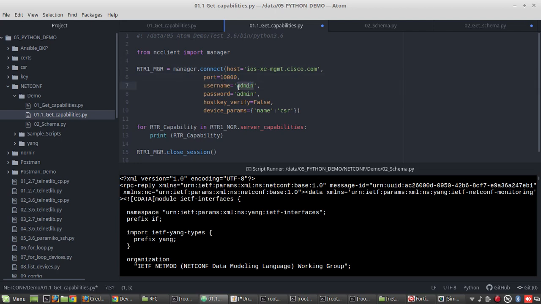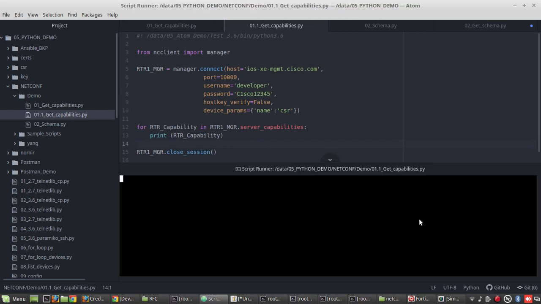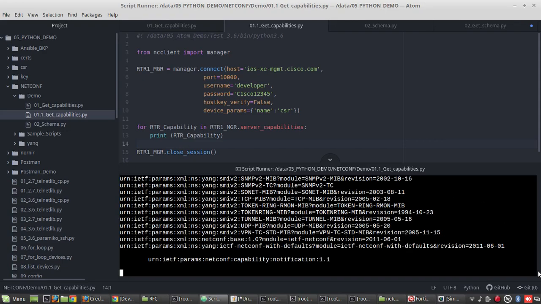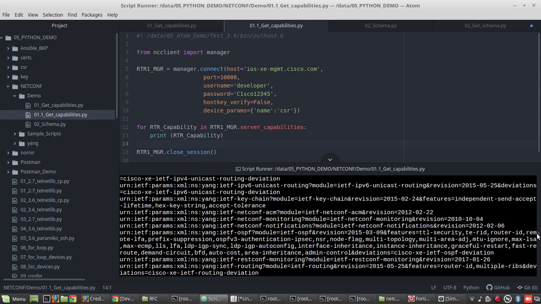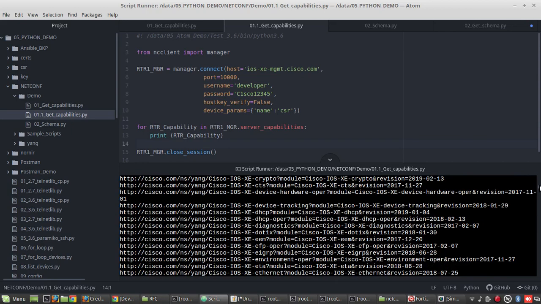Username is developer. Password is okay. Let's try executing it. Yeah, you can see here I have received the capabilities from the Cisco DevNet device.